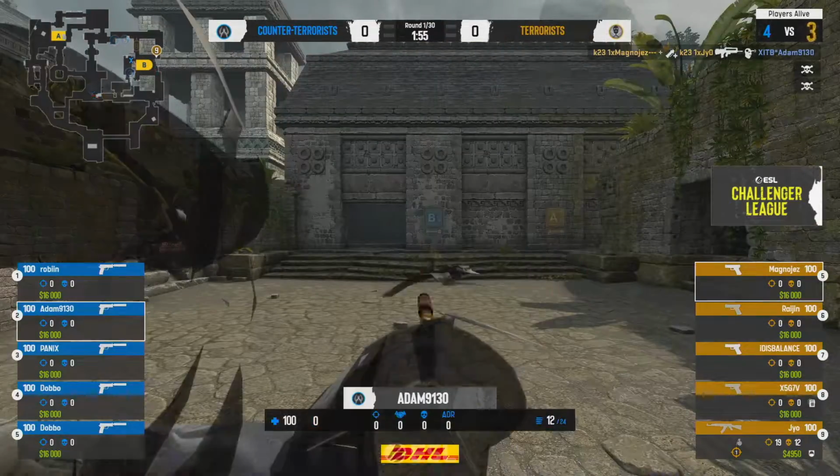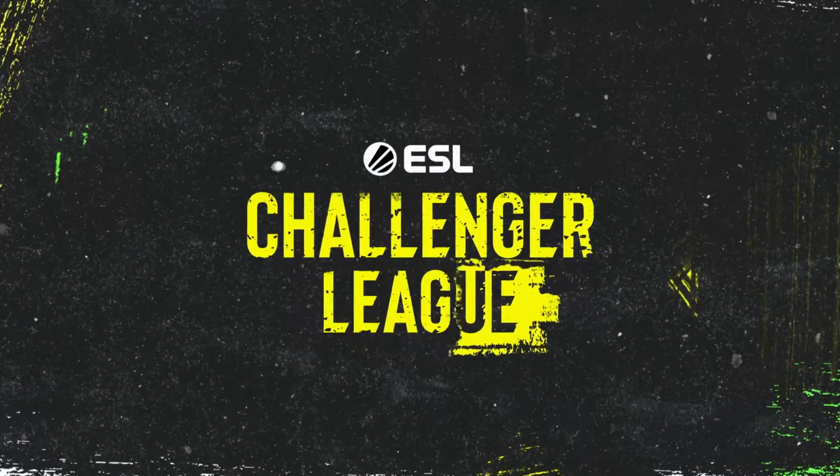K23 dominating on Ancient will send us to the end of that map. Quite the showing there, Alan. It was. I think the scoreline was a bit deceiving. That first half could definitely have been double digits for Into the Breach if they snap them earlier. But yeah, the after plants in the first half cost them. I guess in that second half they could never build up economy. They could never keep rounds clean. There were a few